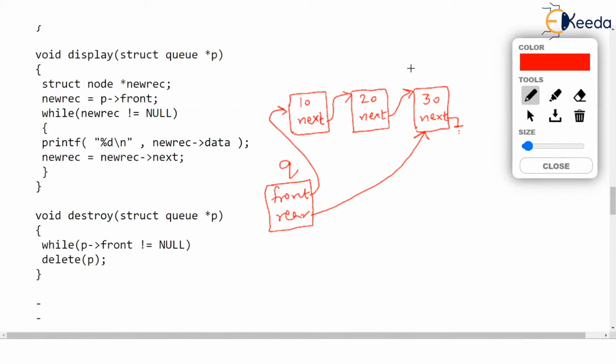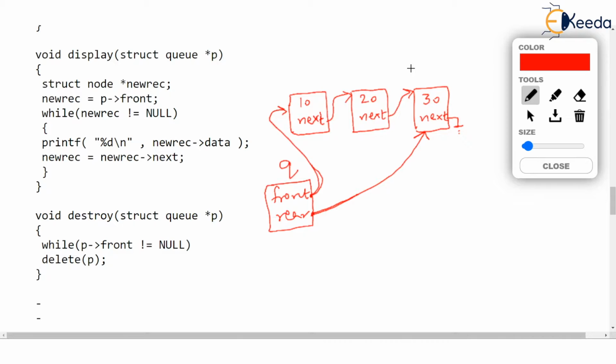In this queue drawn on the right hand side of the screen, we have three nodes storing 10, 20, 30. 10 being the front, so the front pointer is pointing to that 10 and the rear pointer is pointing to the node which stores 30. Of course, if you are asked what is the data stored in this queue, your answer should be 10, 20, 30 in that sequence. It should not be 30, 20, 10